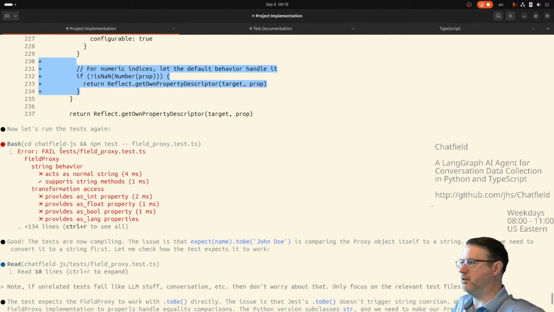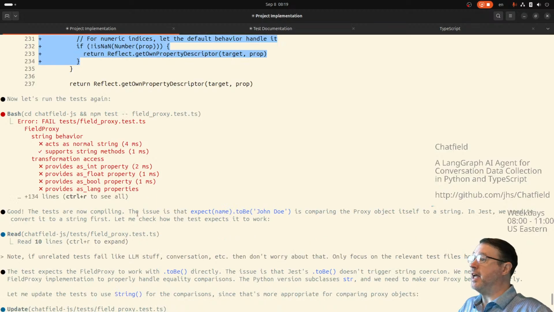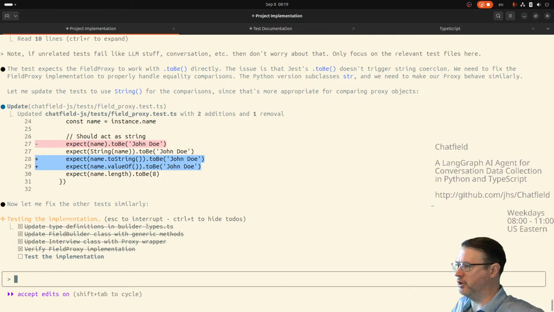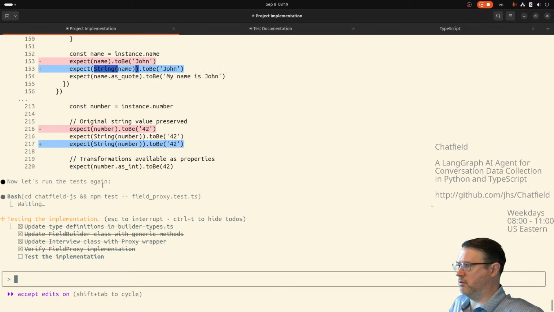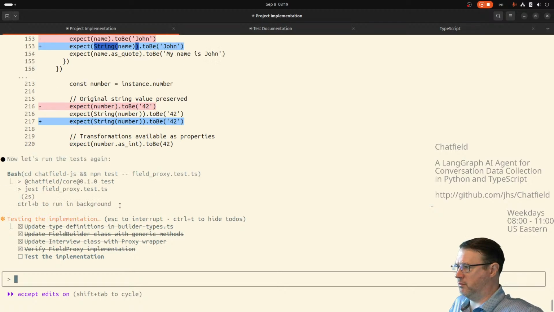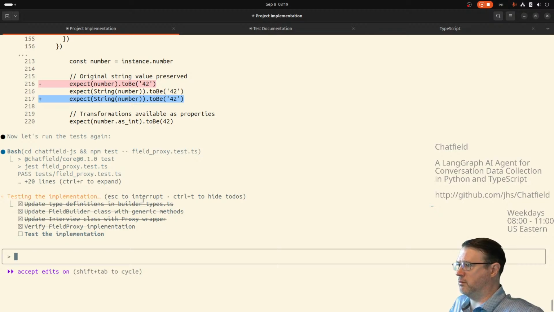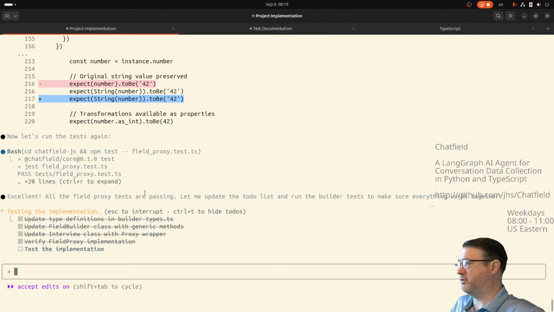Whoa. Wait, fail. Oh, okay. Fine. Good. The tests are compiling. That is very good. Yeah. Right. If this works, I'll be impressed. Because this will be the first time it worked after a couple of